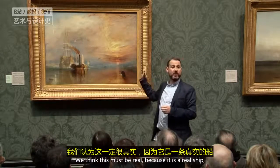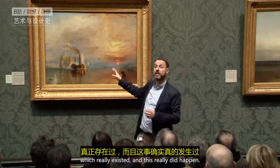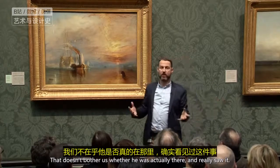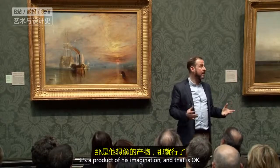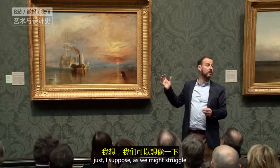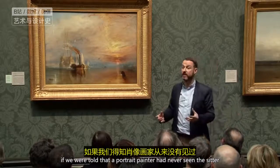We think this must be real because it is a real ship which really existed, and this really did happen. But we don't imagine that he genuinely saw Ulysses deriding Polyphemus. That doesn't bother us, whether he was actually there and really saw it. It's a product of his imagination, and that is okay. We struggle to imagine this is a product of Turner's imagination, just, I suppose, as we might struggle if we were told that the portrait painter had never seen the sitter